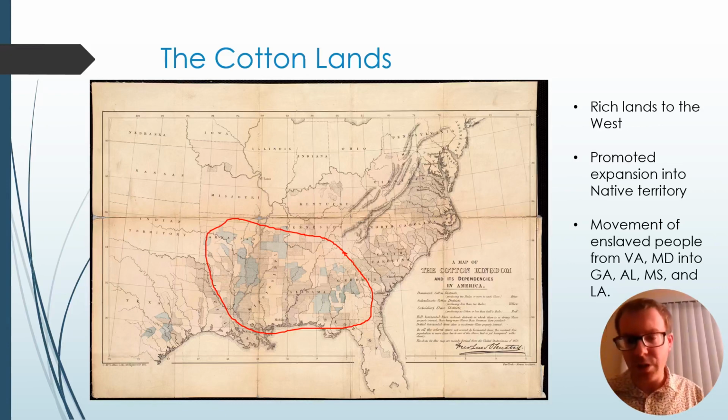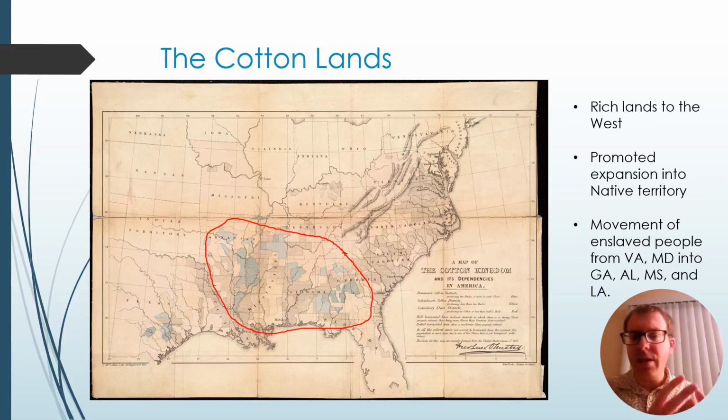I talked about this briefly in Unit 2, but since you cannot grow cotton in Northern Virginia or Maryland, or many parts of North Carolina, it promotes these upper South states to sell enslaved peoples down to the cotton lands in the South. This leads to a massive movement of enslaved peoples from Virginia and Maryland into Georgia, Alabama, Mississippi, and down into Louisiana. This is where a lot of family separation occurs, and families could be broken up